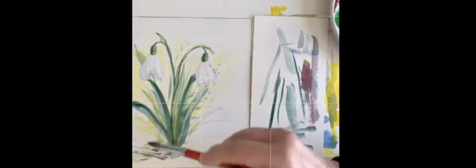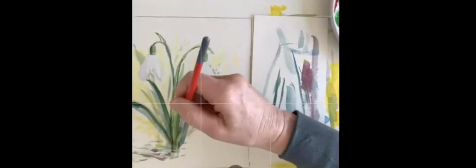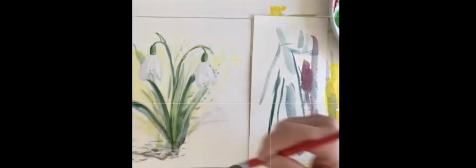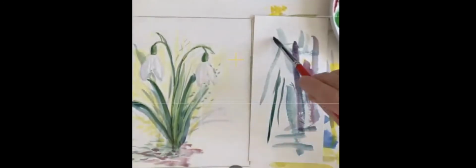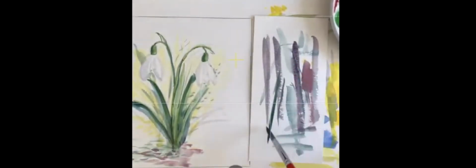So I've got a red, kind of a blue red. Now that color would be nice here as part of my anchoring colors, but that's way too red for the shadow on the white. Way too red, but I like it there. That's a little chromatic. When I talk about something being chromatic,